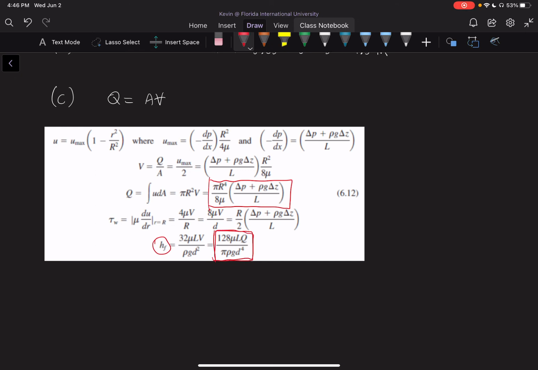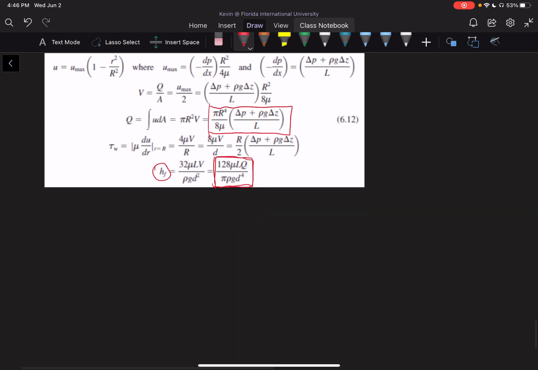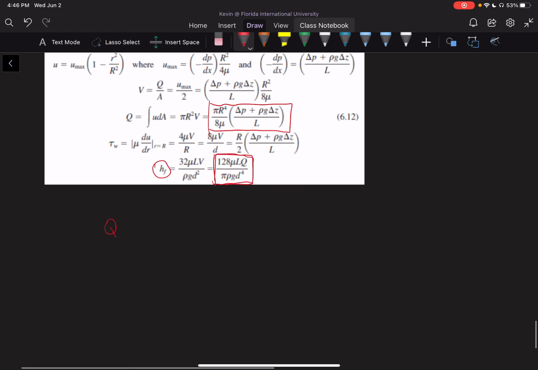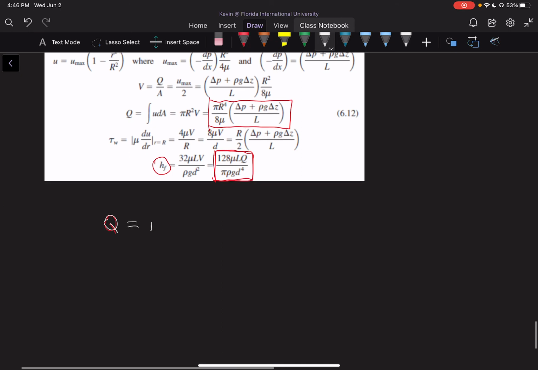So in order to simplify our lives, there's a little bit less terms on this side. It's pretty much the same thing, but you can use either because you've already found the head loss. So you can say from the head loss equation that Q would be equal to pi times rho g d to the fourth over 128